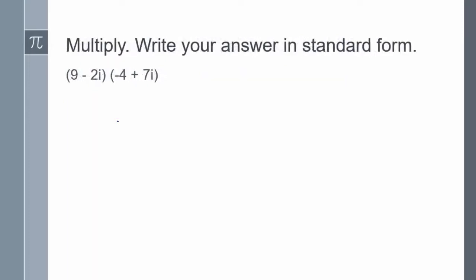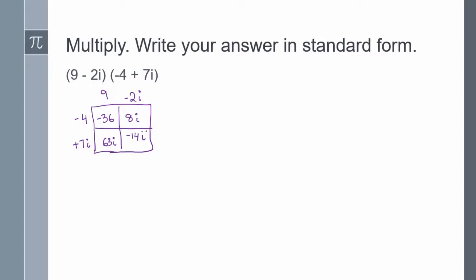Multiply. Write your answer in standard form. To multiply these two quantities, I'm going to use the box method. 9 times negative 4 is negative 36. Negative 4 times negative 2 is positive 8, and i times 1 is i. 9 times 7i is going to give me positive 63i. Positive 7 times negative 2 is negative 14. i times i is i squared. From our first slide, we know that i squared is the same thing as negative 1, so I'm going to replace i squared with negative 1